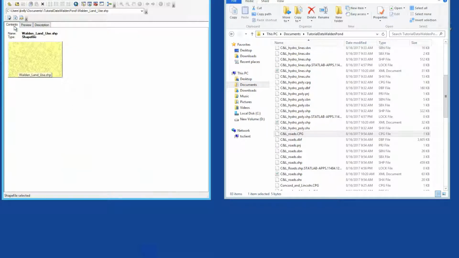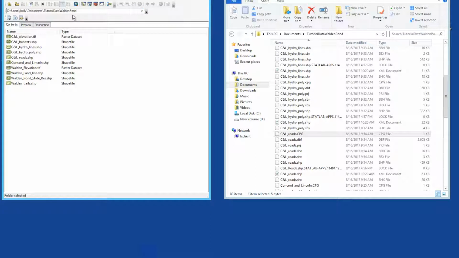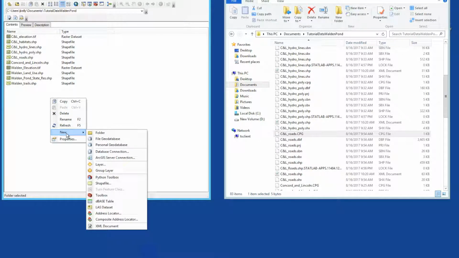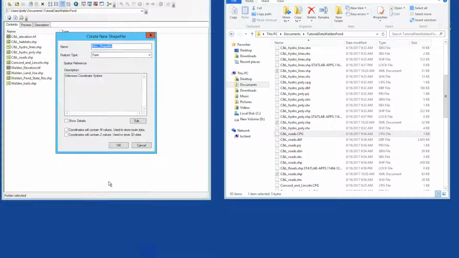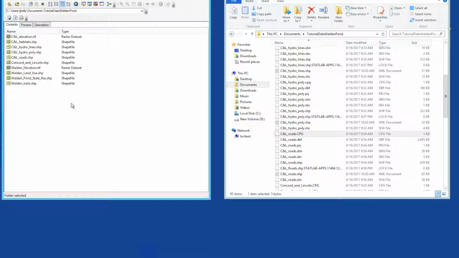And even, let's go back to the folder. You can even, in ArcCatalog, add a new anything. You can add a new shapefile, a new empty shapefile, and it'll ask you to give it a name, and whether it is going to be a point, line, or polygon. That can be done in ArcCatalog. So ArcCatalog is useful, but you might almost never use this standalone application unless you want to use the preview